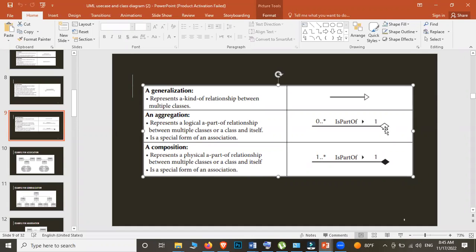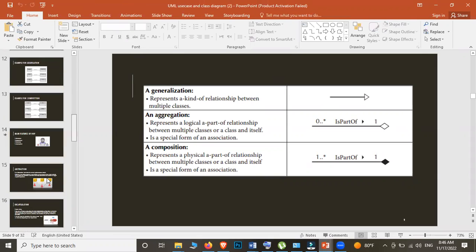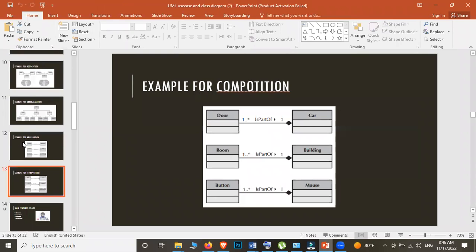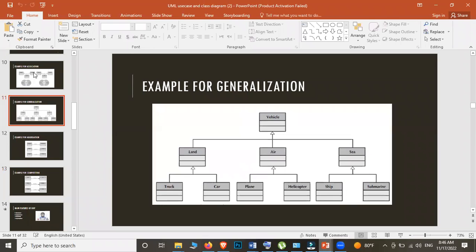So you have to identify whether it is fully dependent or partially dependent, which is fully depending on which one, and if not, which is partially depending on which one, and mention it. That is what you have in hand. Okay, so you have to identify and mention it over there. So that is what we learn under aggregation, association, composition, and generalization. Right? I hope you understood all these relationships well.